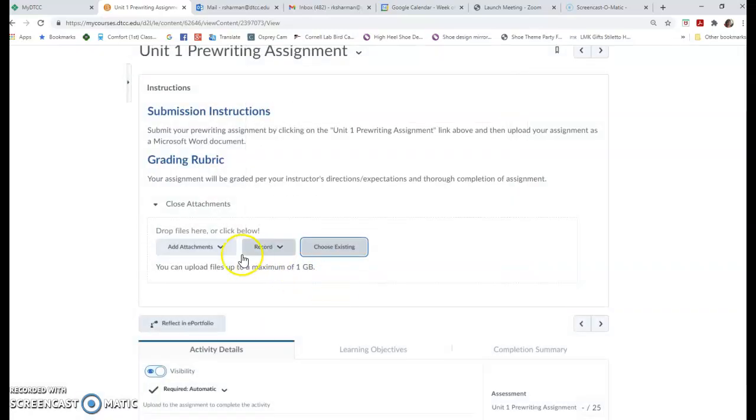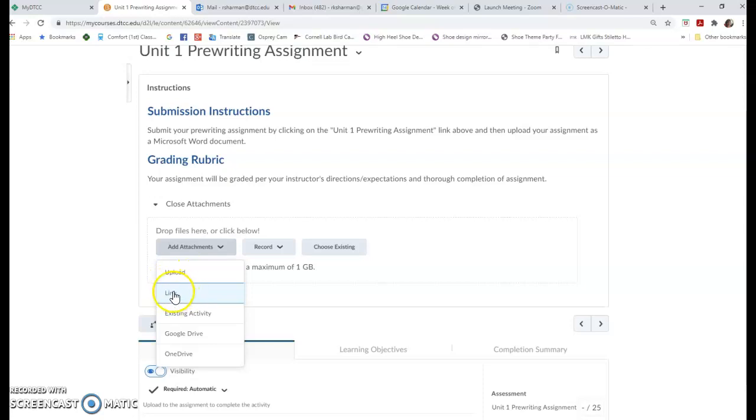If you want to submit a Google Doc for the pre-writing, then there is a place here where you can put that link. But I would definitely prefer the Word or Word 365. I don't like you to submit PDFs. They are difficult for me to work with. So either Word 365, or for the pre-writing, I would allow a Google Doc. All right, hopefully that will help you get started.